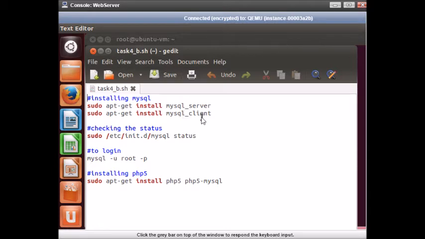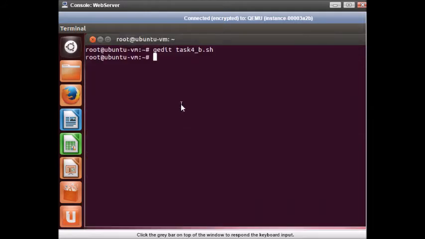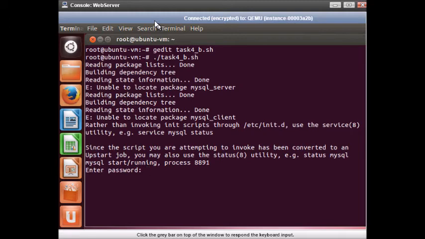Now we install MySQL. Then after installation we check the status to confirm the installation. Then we log in by giving a user ID and strong password, and then we install PHP. So MySQL has been installed as the status says.